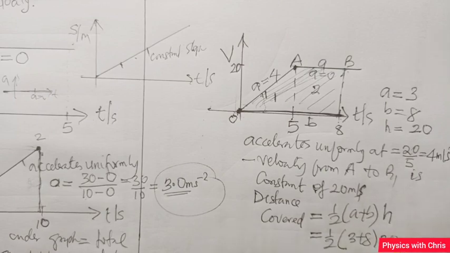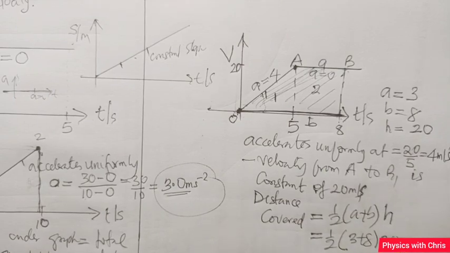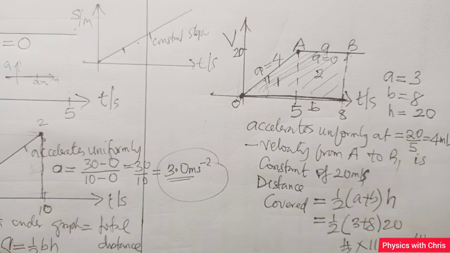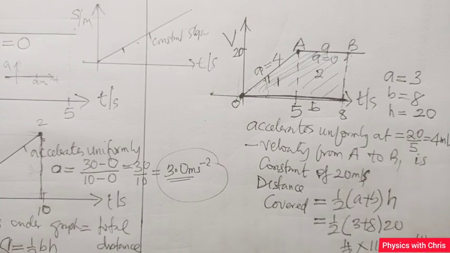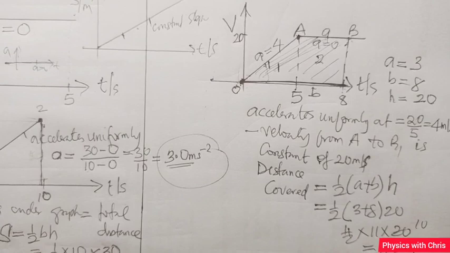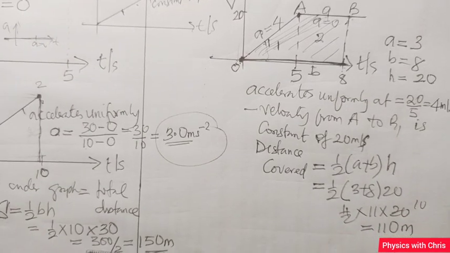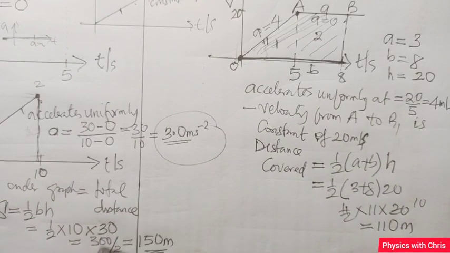This is half times 11 times 20. We divide by 2, which gives you 10 times 11. That is 110 meters. So that is how to calculate the total distance covered by the body in 8 seconds. Lastly,